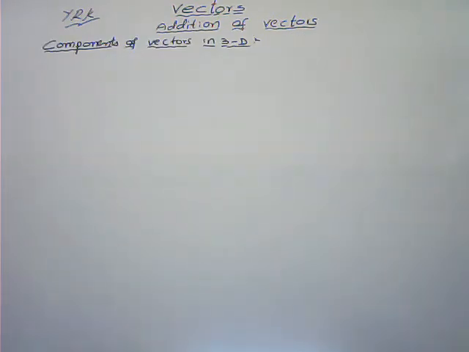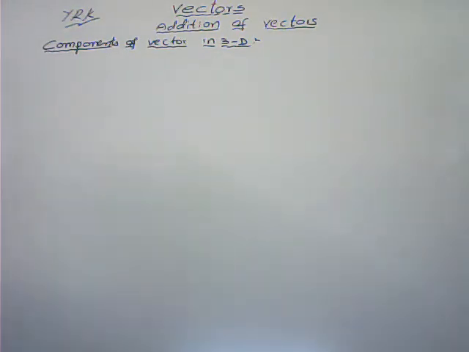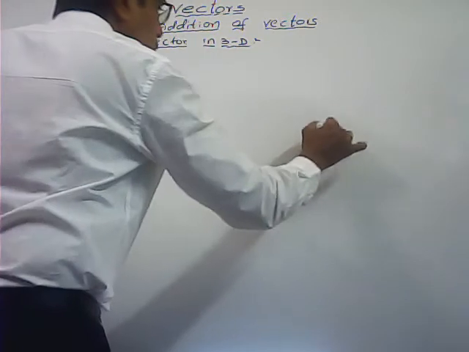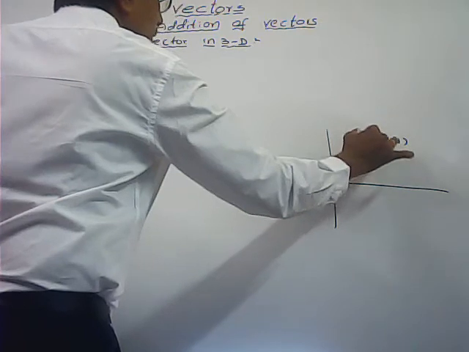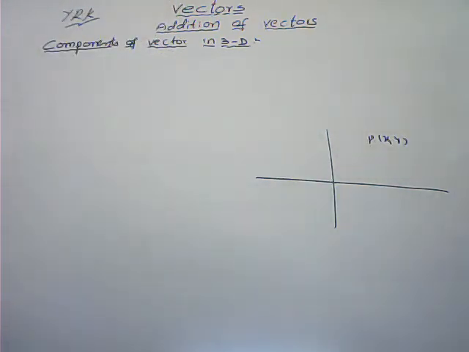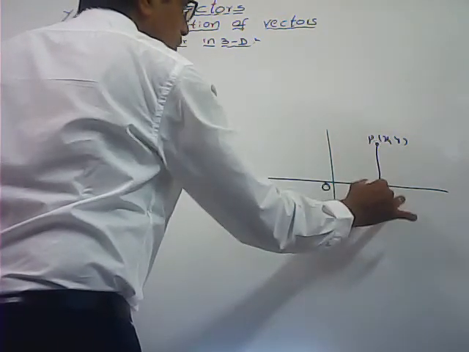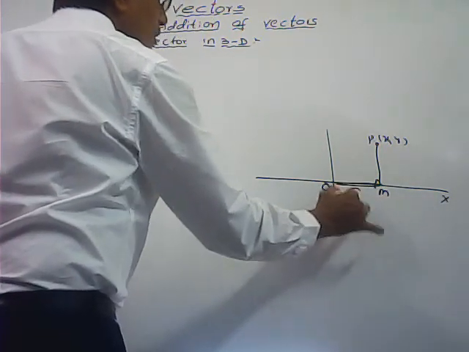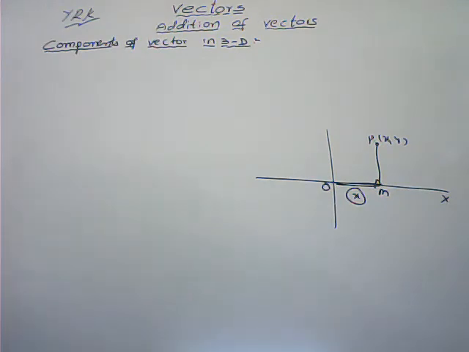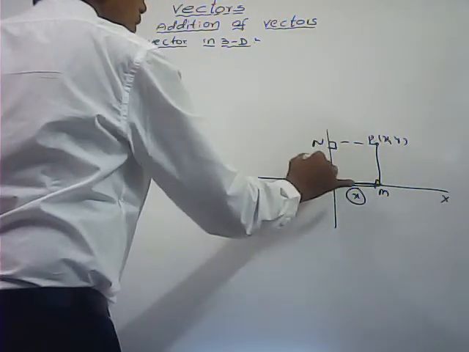Now, components of a vector in three-dimensional geometry. First, I am going to explain about two-dimensional geometry, only one example. If I take any point in the plane, P(x, y) be a point in the plane. If I draw the perpendicular to the x-axis, M is the foot of the perpendicular on the x-axis. Then this length OM we say is the modulus of x. And if I draw the perpendicular to the y-axis, here ON we say is the modulus of y.